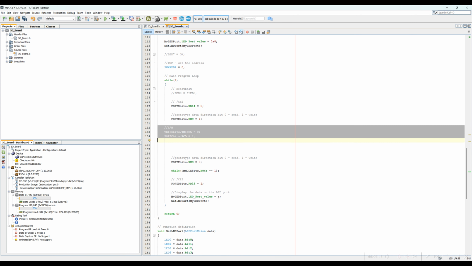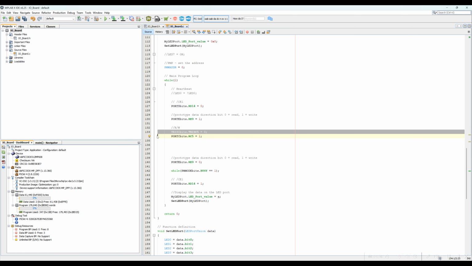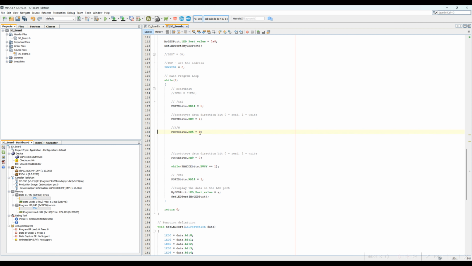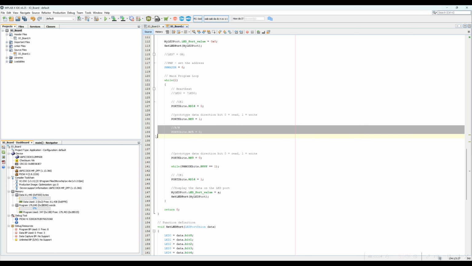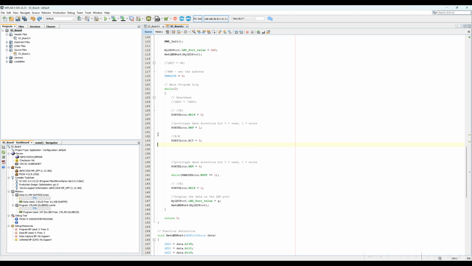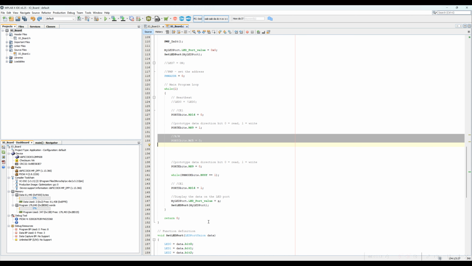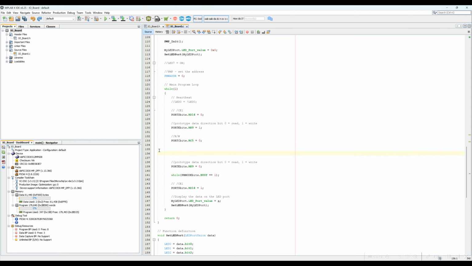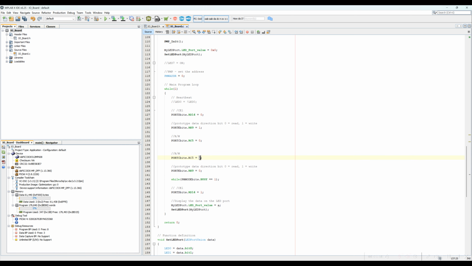Move it over and take out the TRIS, and 0 for write. And then we want to put it back. Whoops. Do that again. Okay, and then we'll put that back when we're done. So the read, write. Okay, so we're good. So now all we have to do is the actual output of the PMP,